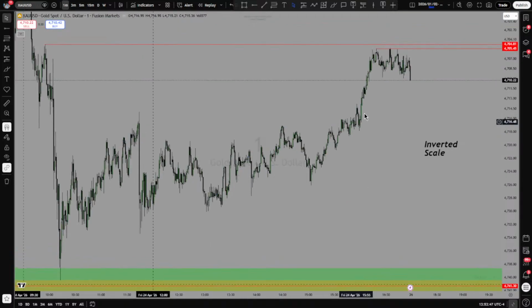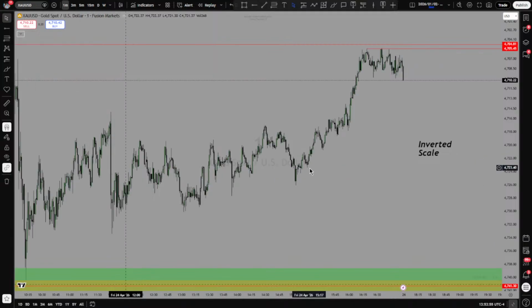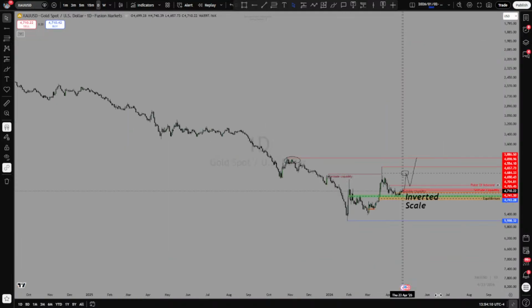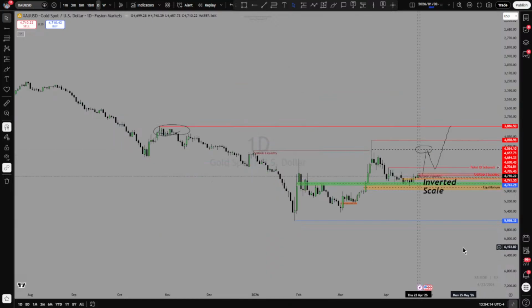So what we have here, I'm waiting to see if the price can drop into these lows and crash. These are relative equal lows, right? Although they are not relatively equal, this is what I'm looking for on gold from Monday to Wednesday at least, right? As I just explained in the daily time frame, it makes a lot of sense.